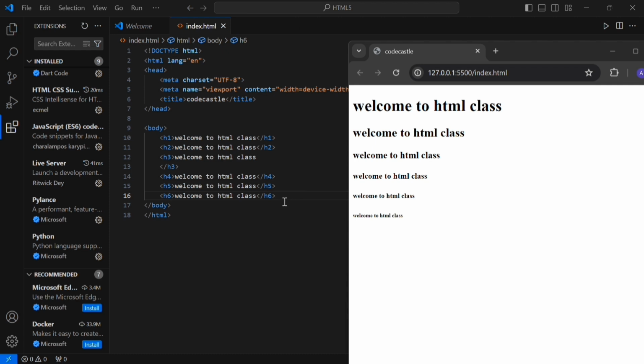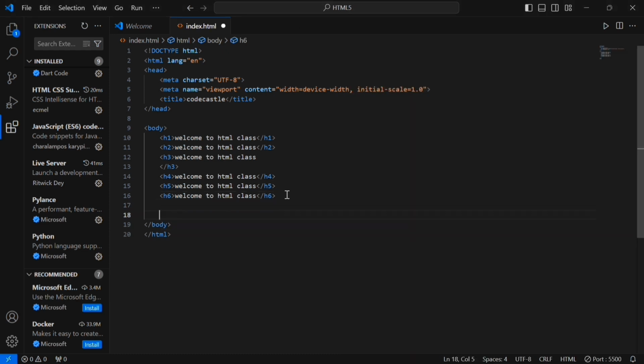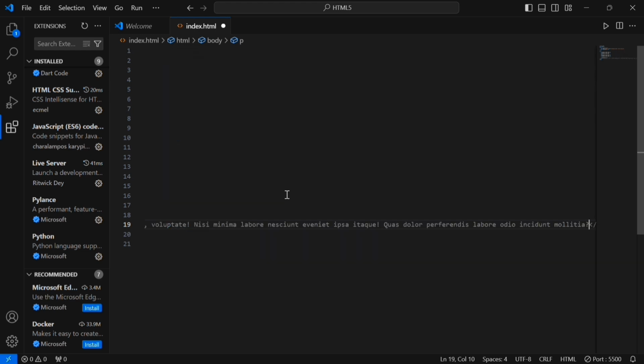So the next tag is the paragraph tag. For this, I am giving a heading for the paragraph tag. Actually it is paragraph tag. P, enter, that means paragraph. Let's generate a default paragraph by using lorem 45.